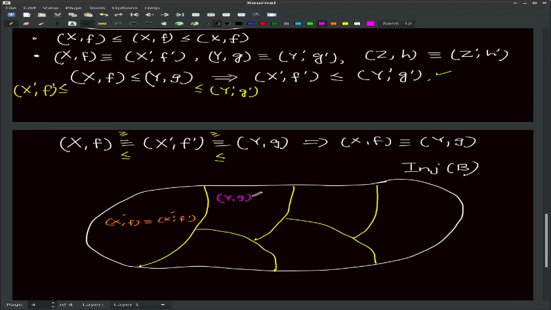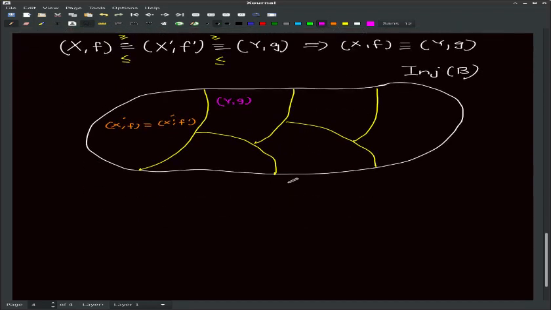So it essentially tells me that the injectives into B are partitioned into equivalence classes, and your factorization theorem that we did, remember, for any map,